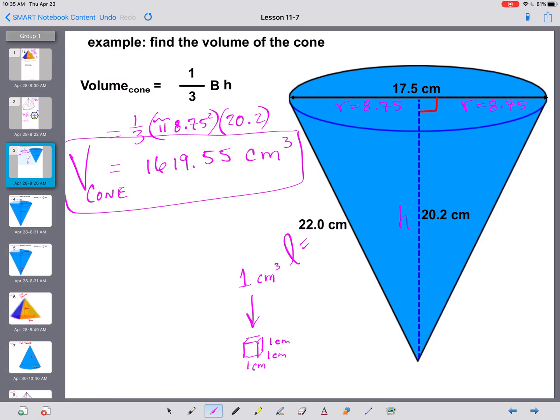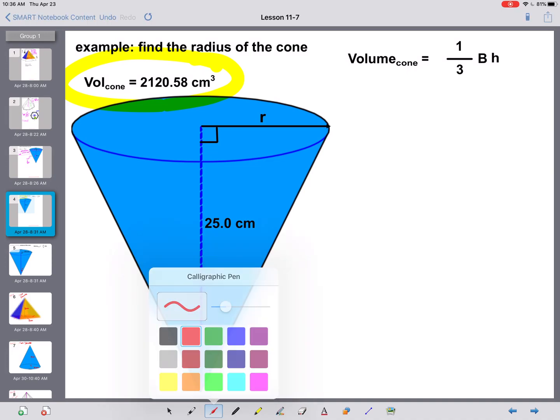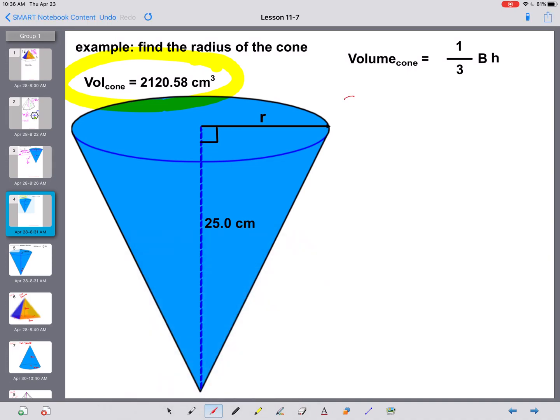Okay, let's go do another problem. Here's a cone now. What's different on this one is they give us the volume. They want us to find the radius. Well, if they give you the volume of the cone, most probably you're going to use the formula for volume of the cone. Let's plug in everything we can. Okay. First of all, the volume, they gave it to us,